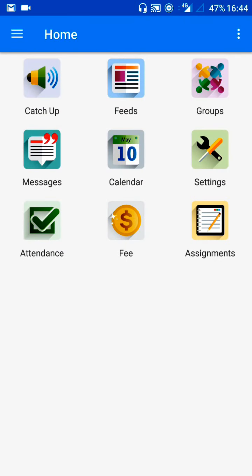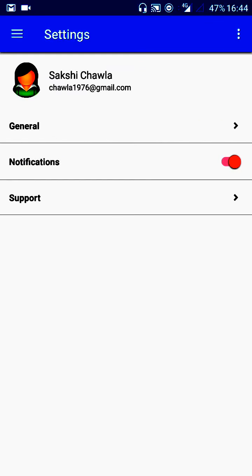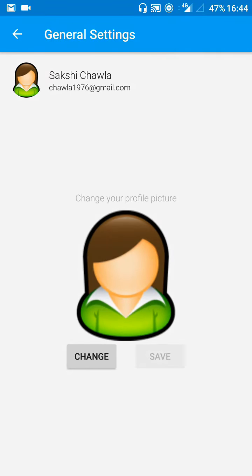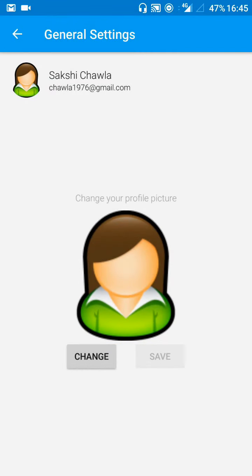One more thing to notice is I have this column called settings, which I had left intentionally. If I click on settings, I have a couple of things that I can do. I can turn on and off my notifications, which means my push alerts are going to be enabled or disabled. Under my general column, I can upload and change my photograph. I have an option to change it here, and I can just allow it and then change my photographs from